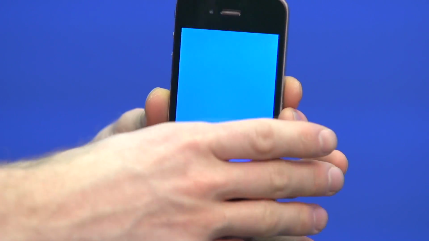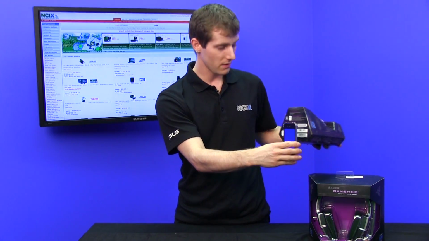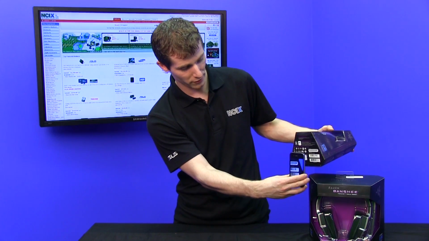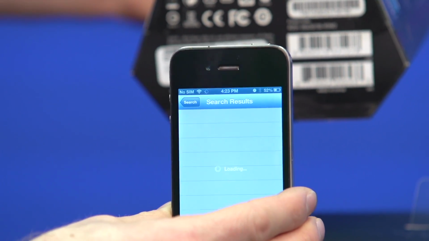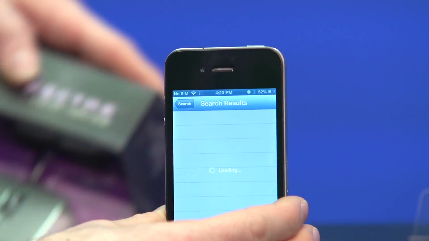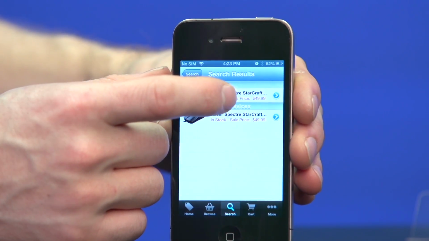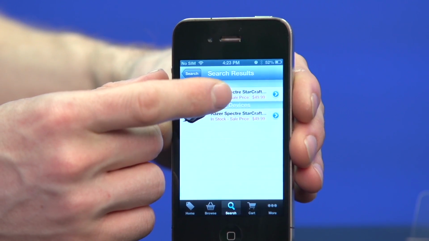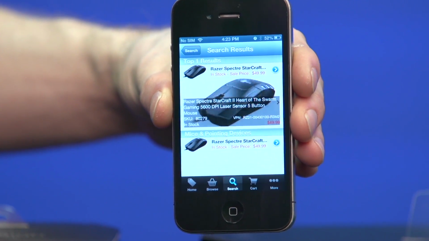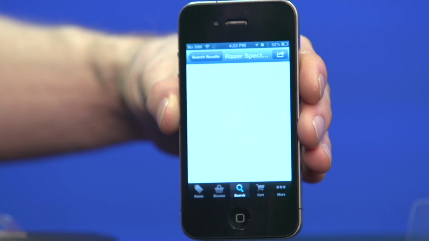Then you find some product, like say for example, this Razer mouse that you find in another store, aim it at the UPC code, it picks it up extremely quickly, and then loads it up, including a price showing the latest, is it on sale? Yep, there you go, sale price, and giving you all the information, allowing you to easily add that product to